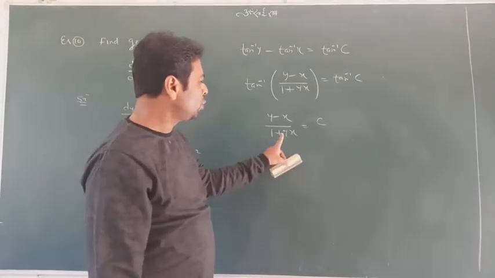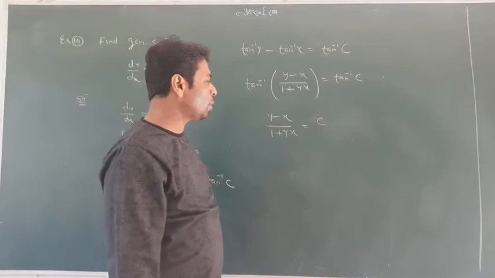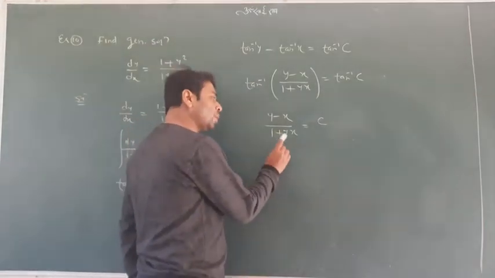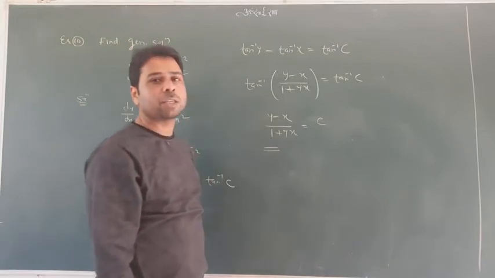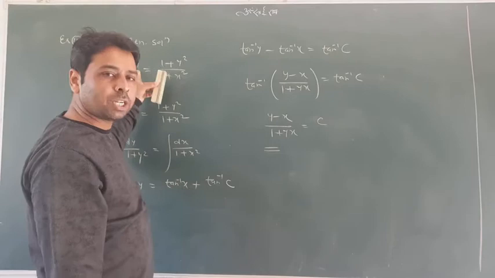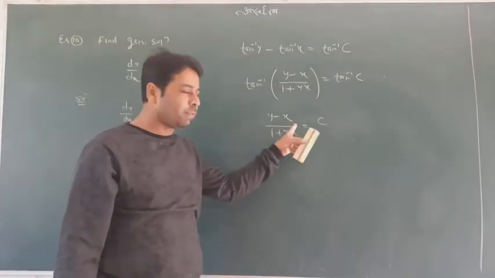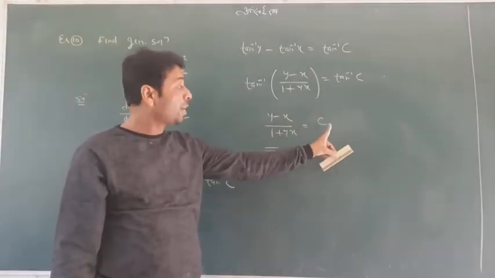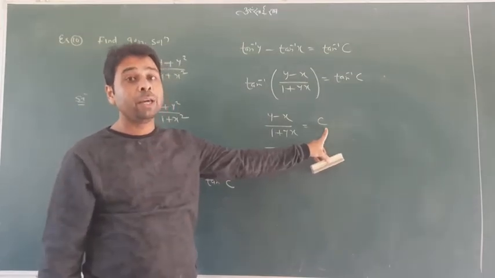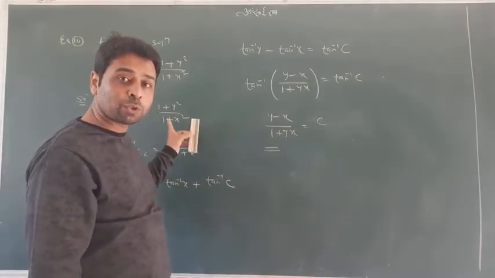Also you can transfer y, 1 plus yx, along with c. Otherwise, if you want to drop your answer right here, it is a correct answer. Don't be afraid about the situation. This is the differential equation dy by dx, and the solution is without dy by dx, along with c, and this c is called the arbitrary constant. Only one constant we will get. Why? Because the order is 1. When the order is 1, the constant is 1.